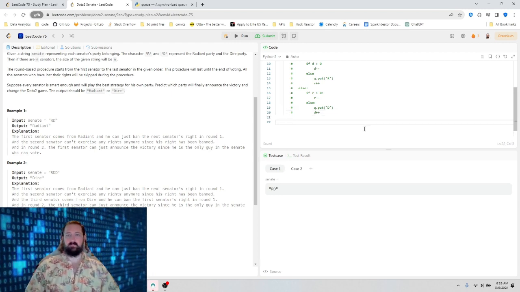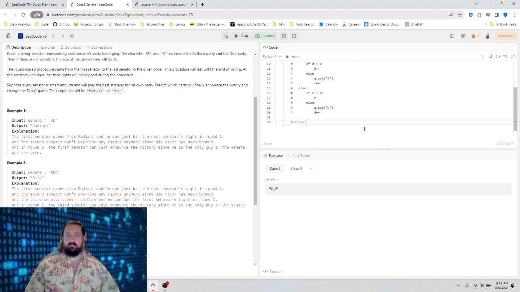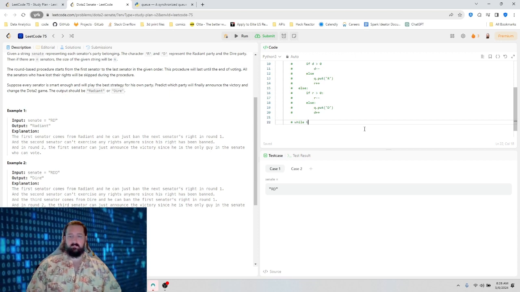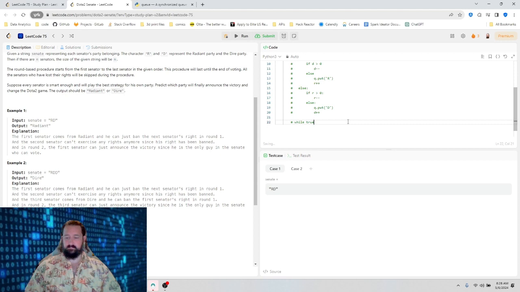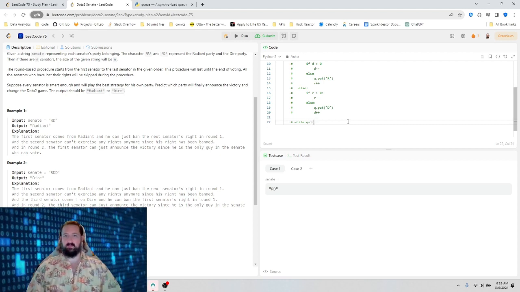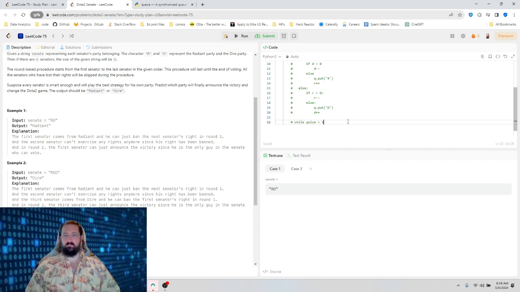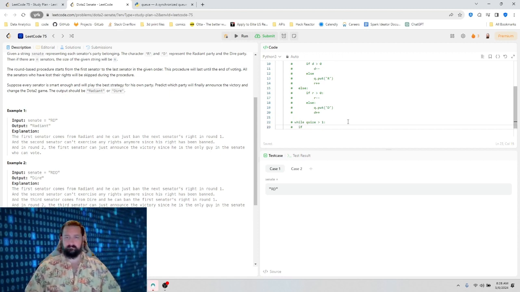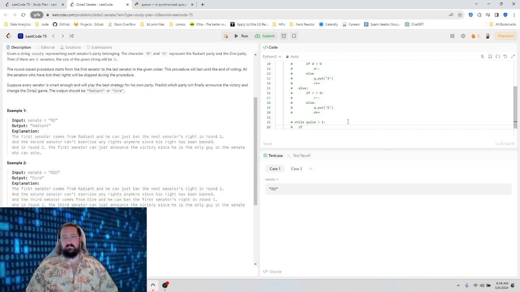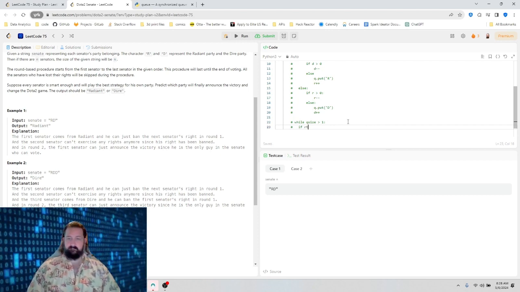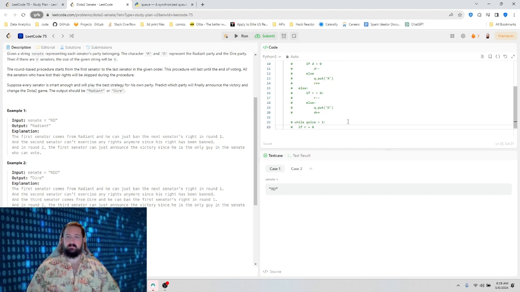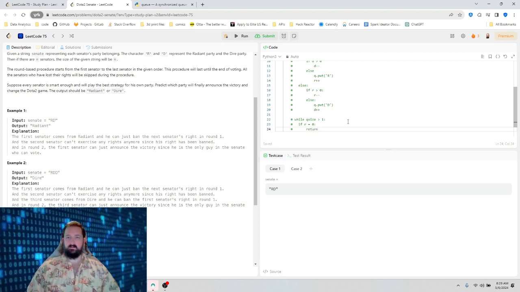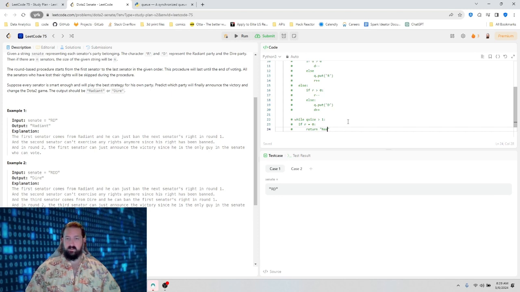Then we can go while true. Let's do while q size greater than 1. If R equals 0, return Radiant.